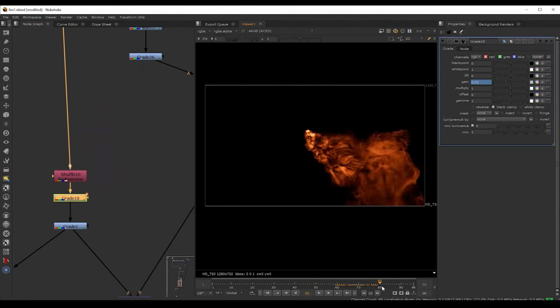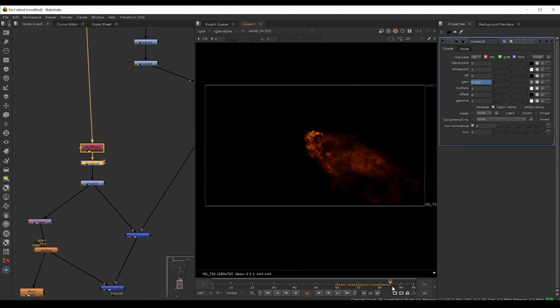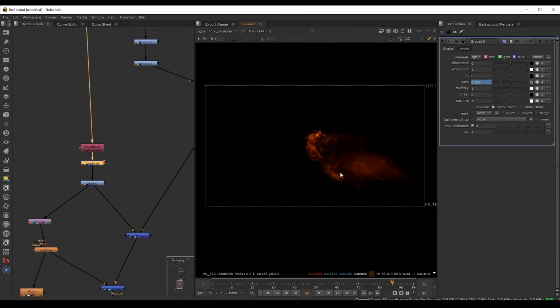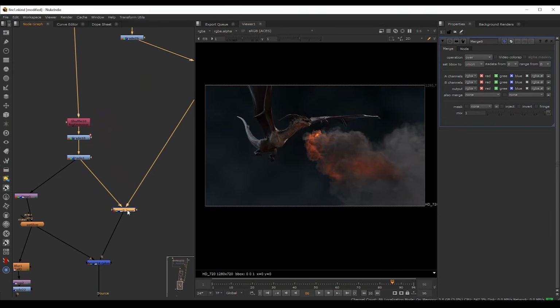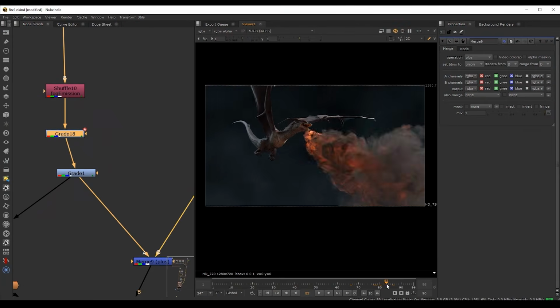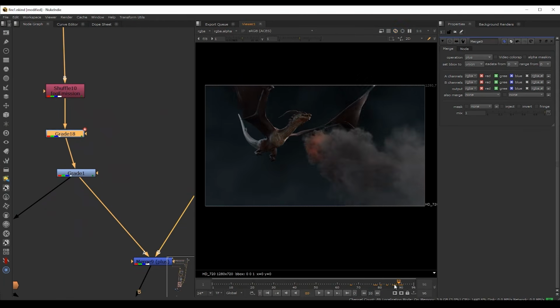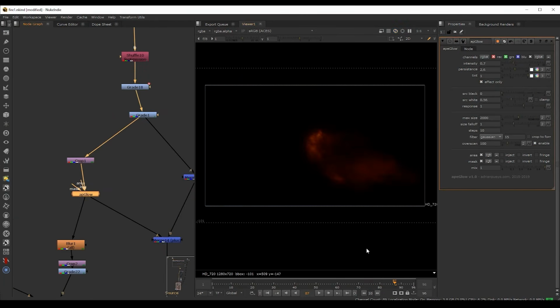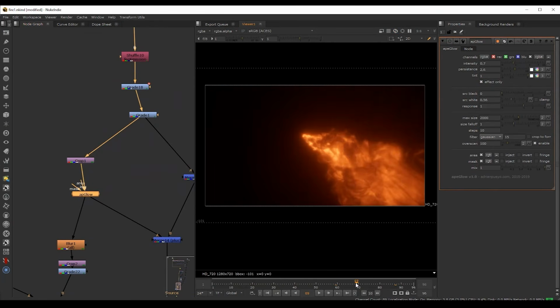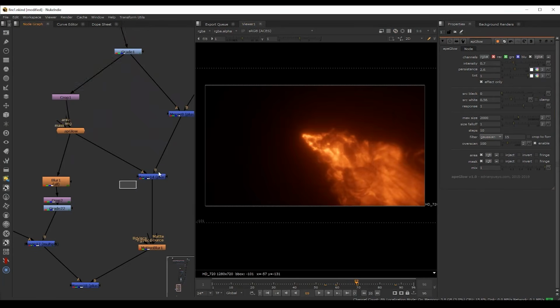So actually I just faded this out with a grade node, so it's not as strong when the dragon essentially stops the fire breath. Otherwise it looks like this. So when we add this on top, and this operation here should be plus, we can see that with this first grade node that controls the animating, we fade off the emission. So I think it just looks a little bit more natural like this. And then we are using AP Glow on the emission. So this AP Glow is available on Nukepedia, and it's a very good exponential glow. And we plus this on top.